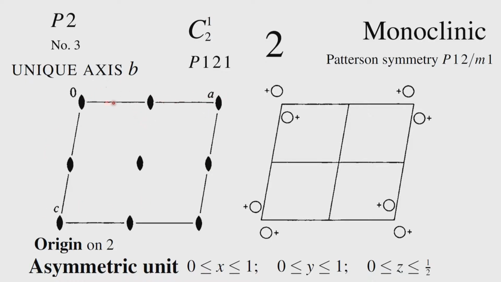And so, the moment you see a picture like this, you can conclude that this is a primitive system, because there are no additional indications here of the appearance of additional symmetry elements. The symmetry elements correspond only to the 0 0 0, and therefore, there is no centering associated with it. So, effectively you conclude that this is the space group P2. It may so happen that in some example you may be given only this diagram.